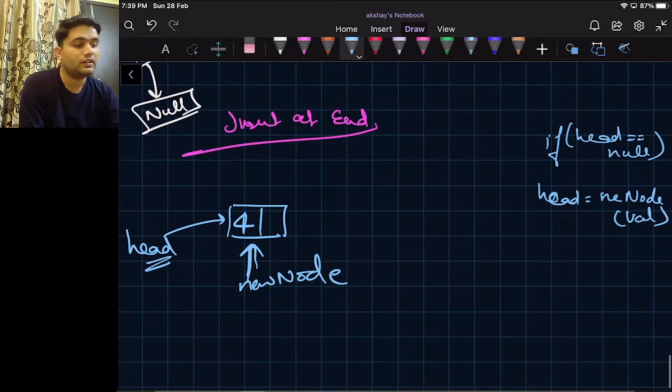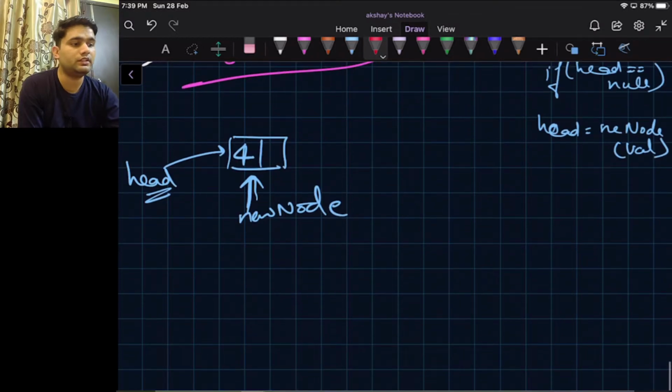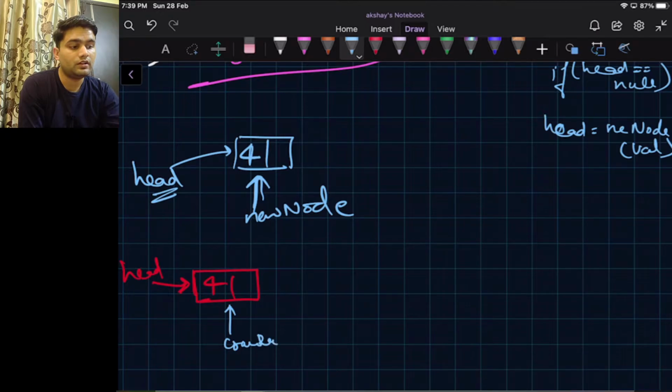Okay, now we are inserting 3 in the linked list. So initially this is our linked list, head is pointing here, and now we want to insert 3. So what we will do, we will create a crawler. A crawler will do crawling over the linked list,